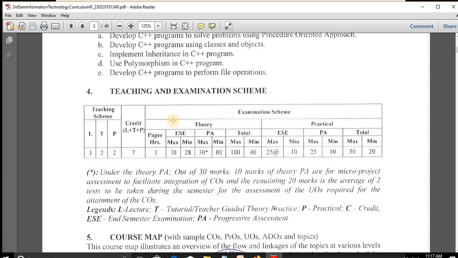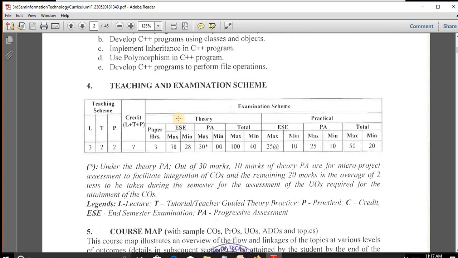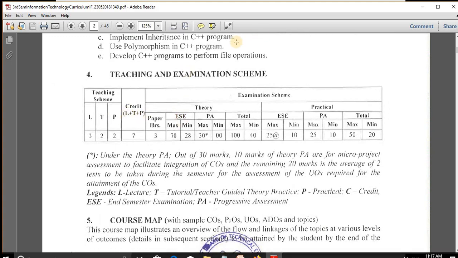Now we will see the teaching and examination scheme of this course. This course requires 3 lectures, 1 tutorial and 1 practical per week. The examination scheme is divided into 2 parts, theory and practical. Under the theory, the end semester exam has 70 marks and PA has 30 marks.